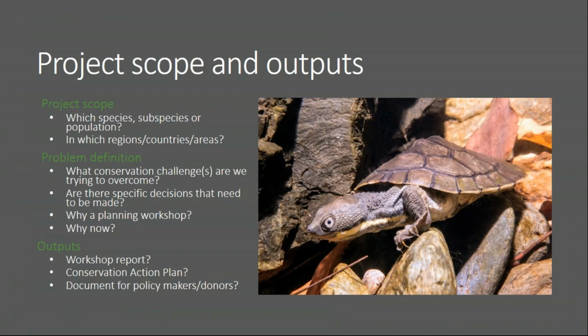Okay, so project scope and outputs. This is probably the most important thing that we'll do in preparation. So when someone approaches us to help them to plan the conservation of a species, it's so important that we understand upfront exactly what it is that that person or that group of people want to get from the planning process. And so on this slide here, there are just some examples of the kinds of questions that we might raise at that first meeting, in that first conversation, so that we can get some sense of whether the tools and processes that CPSG has and that we're talking to you about are really going to be a good fit